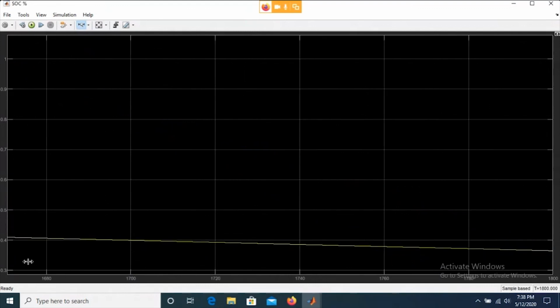So now 40%, or let's say 35%, capacity is left after the vehicle has covered 30 kilometers at 60 kilometers per hour constant speed. So this is one of my observations. I'm going to note this down, and I'm going to try improving my battery capacity if I want to get a range of 100 kilometers, right? So guys, do you think 100 kilometers would be possible?